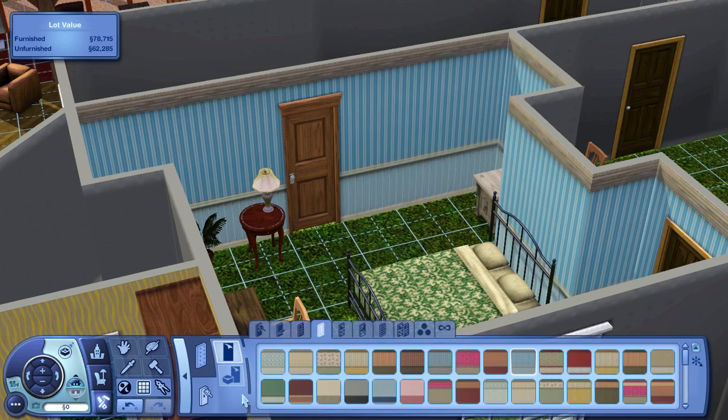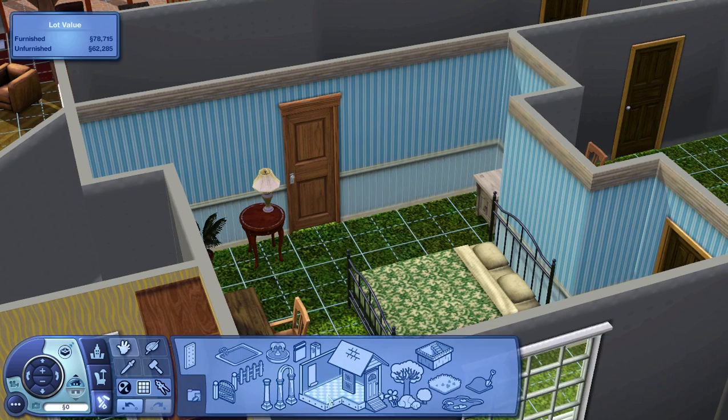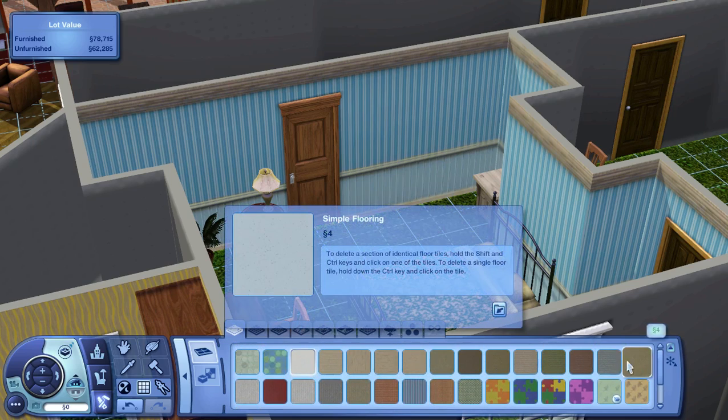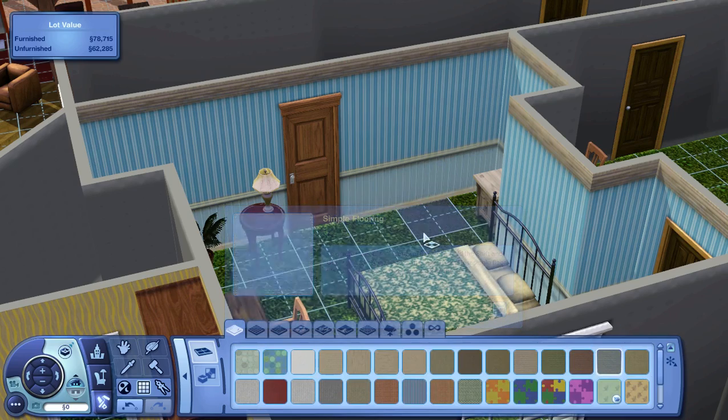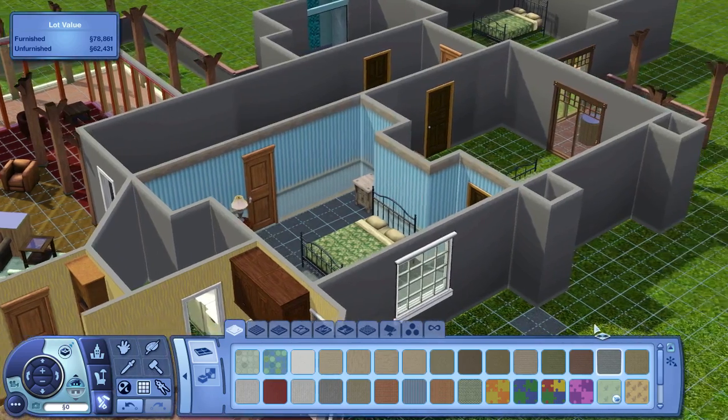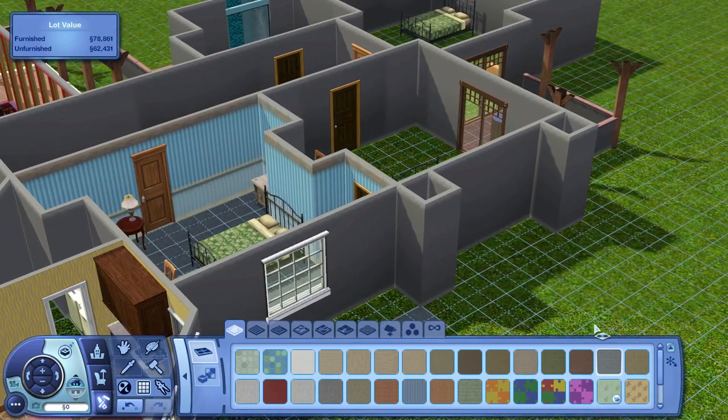And her floor is a carpet, obviously. Carpet, carpet, carpet. We're on carpet. Okay, and it's a blue carpet. Don't have any really blue carpet. I have this. Okay, and then that will just be a placeholder. So let's move on next to